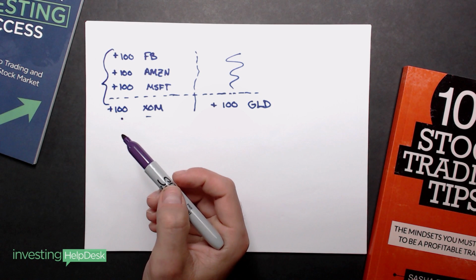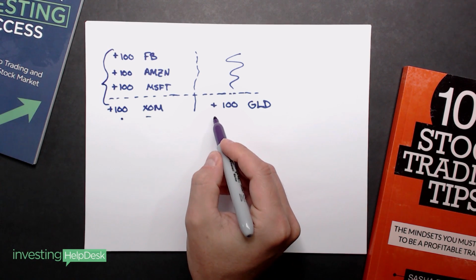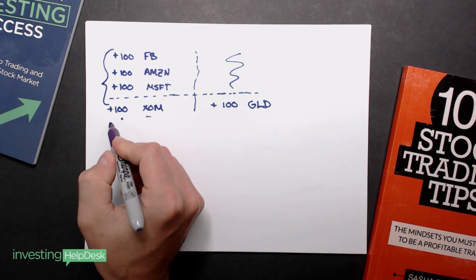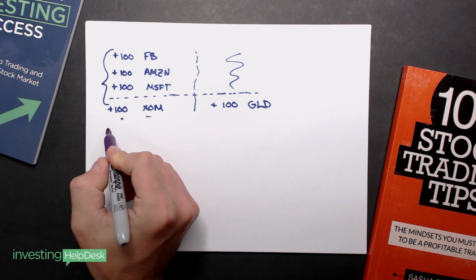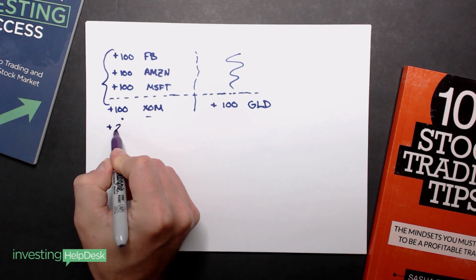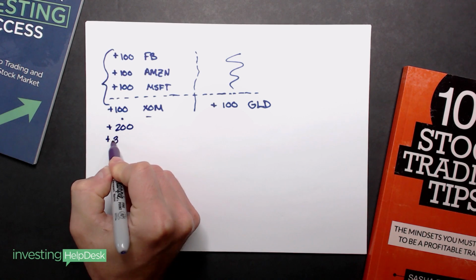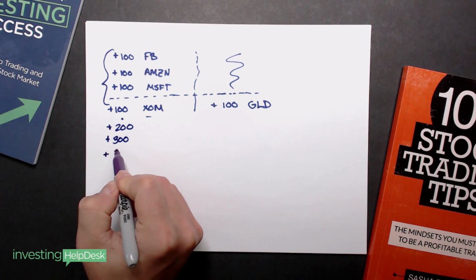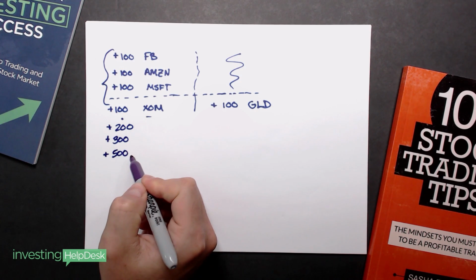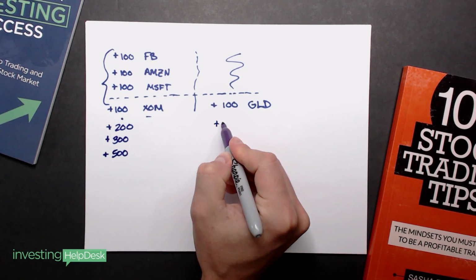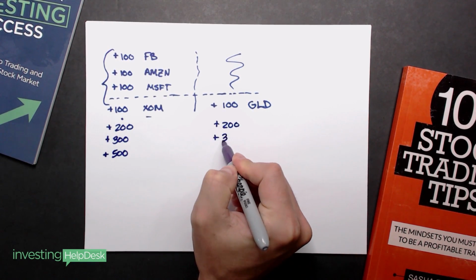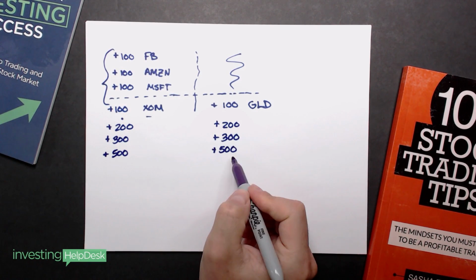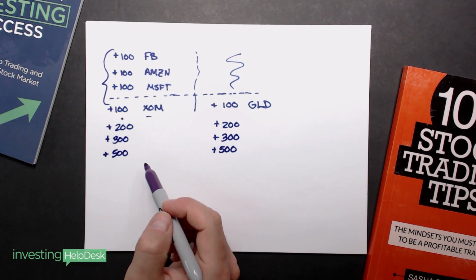So what you could do, the same thing over here, is rather than hedging, let's say 100 shares, assuming everything is equal in price and so on and so forth, making numbers easy, I could hedge by 200 shares, I could hedge by 300 shares. If I really thought things were in trouble, I could do a hedge by 500 shares, whether that's ExxonMobil or even over here by gold. And I could do a hedge that's completely a lot larger than even my holdings or my positions.